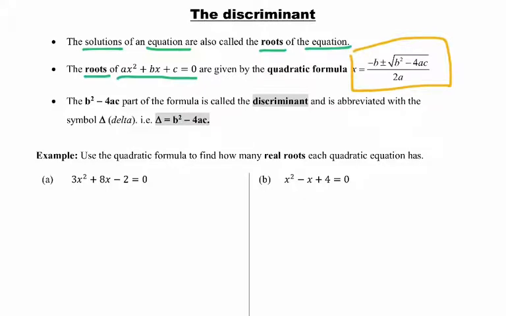Now, in the quadratic formula, we know that there is the b squared minus 4ac part, and we call that part of the quadratic formula the discriminant. We abbreviate it with the symbol delta, which is just a triangle. So delta is equal to b squared minus 4ac. So if you look at our first question now,